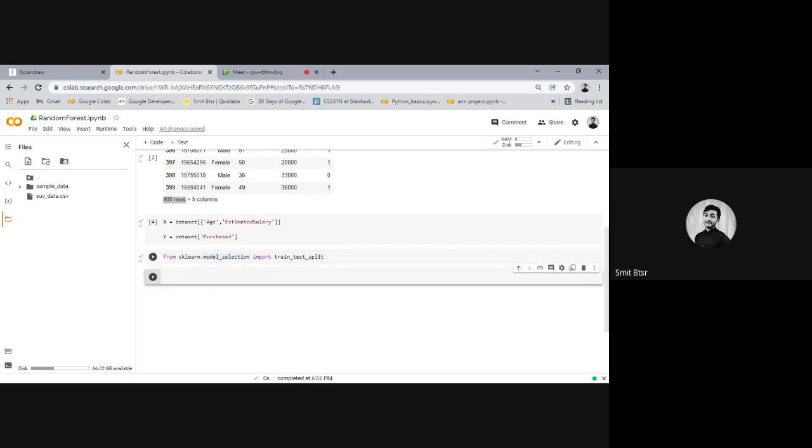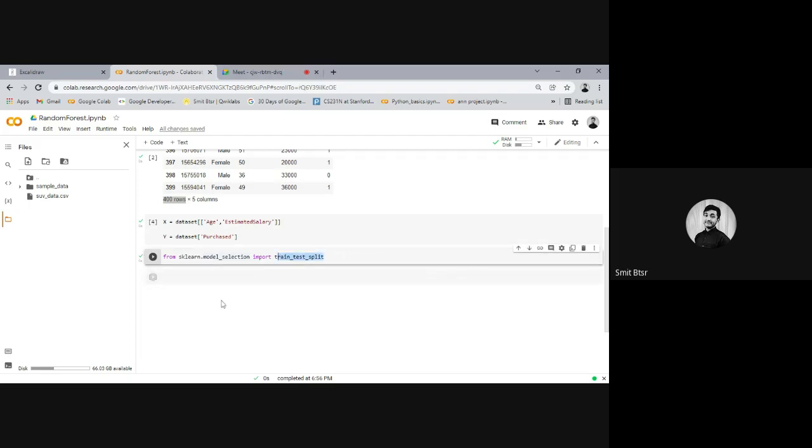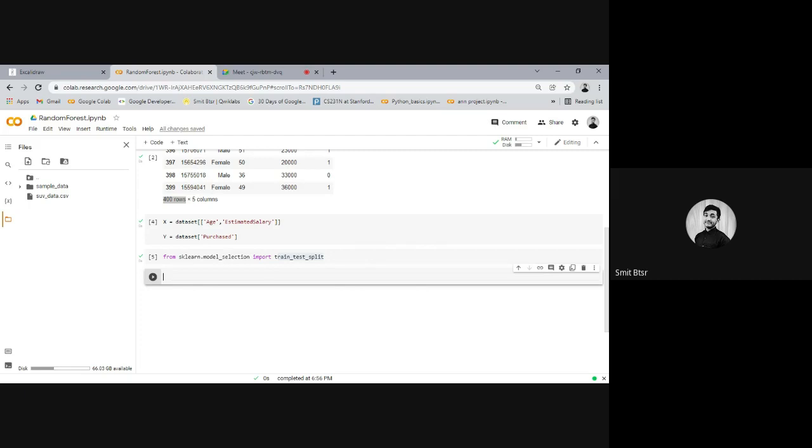Okay, I will share one doc where all this reference is, like a cheat sheet, so you don't need to refer to it online. I will share it after this session, so you can refer to it. Okay, so now we have imported this library module, and now we can use this method, train test split. So what we want is to split.